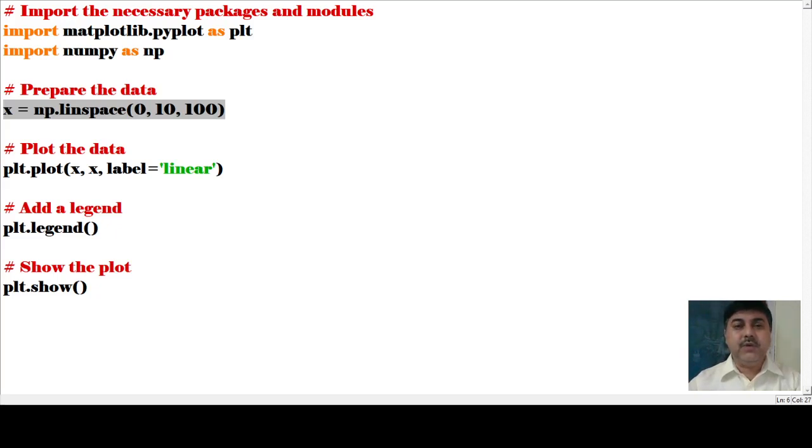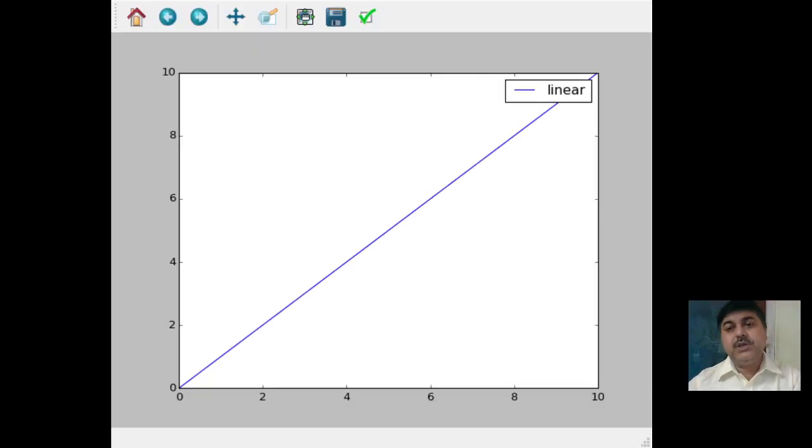Now let us see what output we are going to find from this particular program. Now see this output. In this output, you can find that there is an x axis and y axis. We haven't named them. This is the x axis, this is the y axis, and on them the values have been given from 0 to 10, and in between it has taken 100 points. So these are the 100 points it has made.